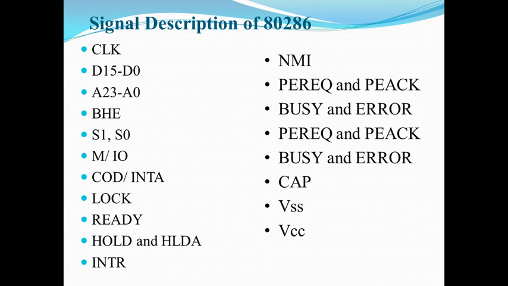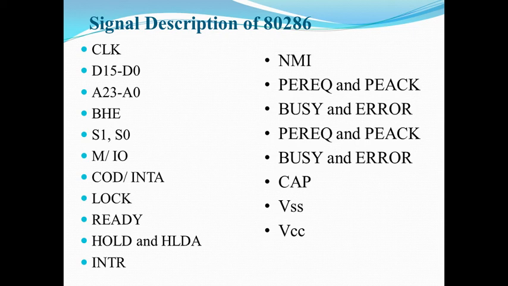Next, there is a 16-bit data bus, D0 to D15. Next, 24-bit address lines, that is A0 to A23. So these are the physical address output lines used to address memory or IO devices. The address lines used for IO data transfer, IO address selection, are A0 to A15. It means only 16 bits are available for the IO transfer. A16 to A23 are not available for the IO transfer.